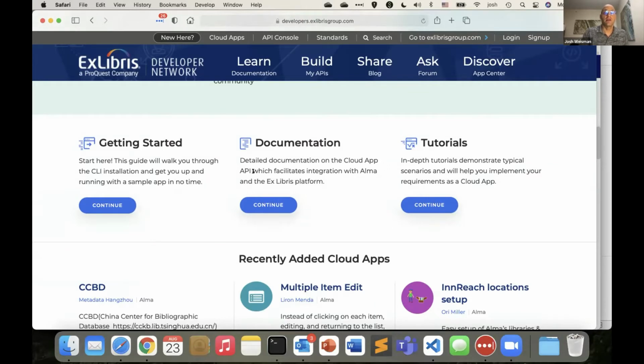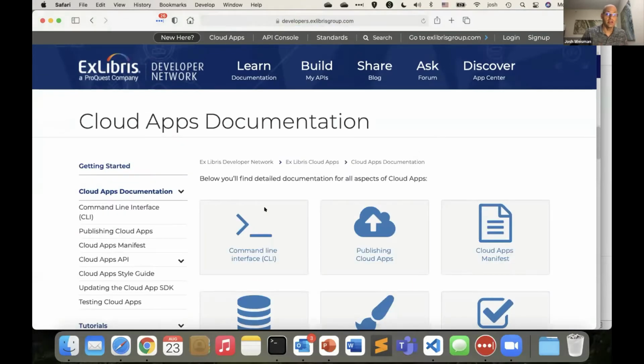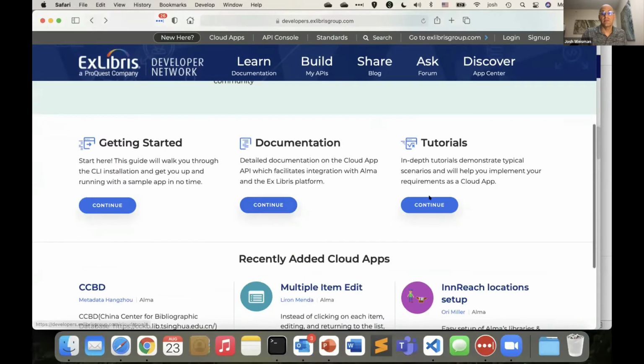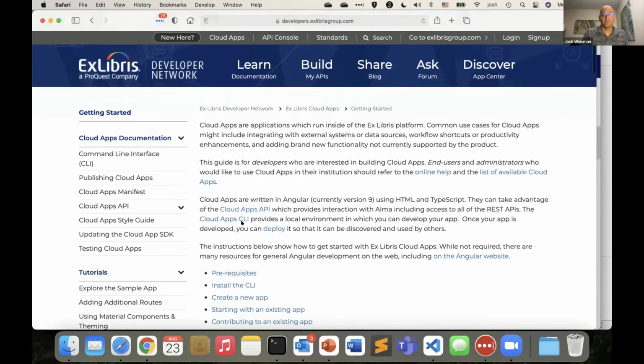There is detailed documentation after you're up and running, and we'll touch on this briefly in a few moments. And then there are tutorials. I'll call out the tutorials app later, because I hope the tutorials are a great reference and resource for you as you're getting started building cloud apps. But first, we have to start with the Getting Started guide.